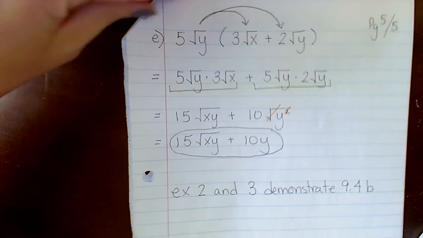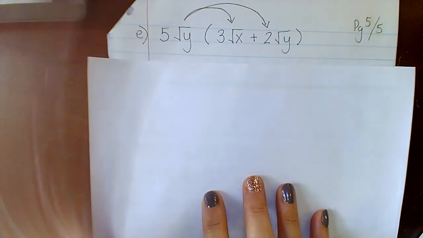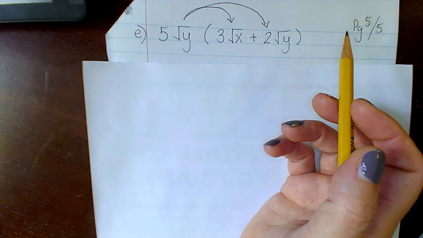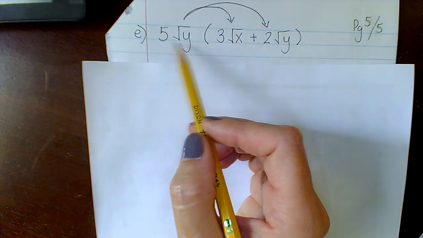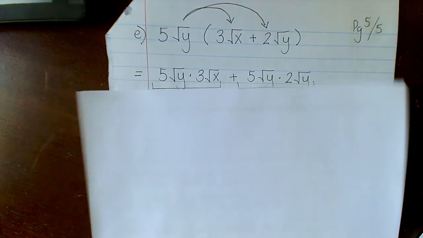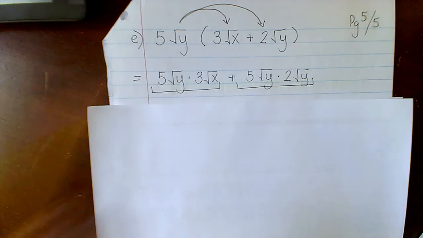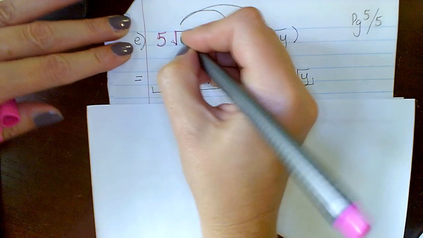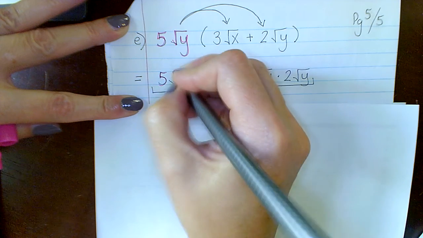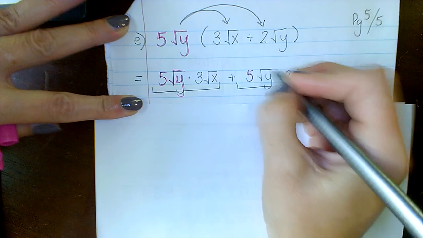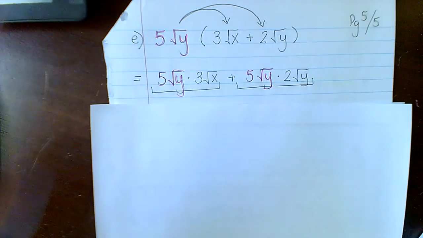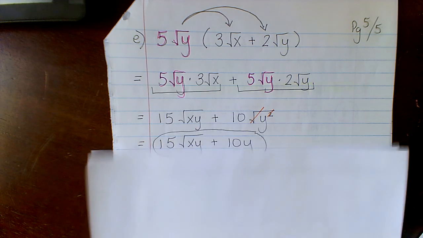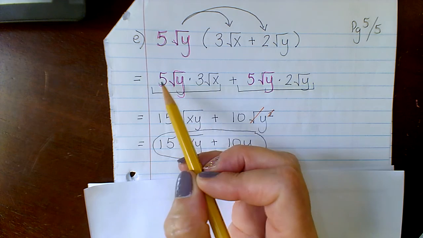One more, and that'll finish up 9.4b for us. This one, again, with the distributing. So I'm going to distribute the 5 root y times both of these. Here's my 5 root y. So there's 5 root y and 5 root y. And then I'm going to multiply each of these pairs together to simplify them further. That'll be